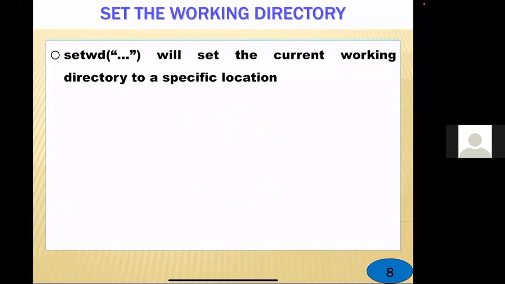Now set up the working directory. I think you already know this one. So what is this command, setwd? What is the job of setting up a working directory? Setting a working directory to a specific location, right? Yes, sir, to a specific location. That is where you have to write the location. That means write setwd,